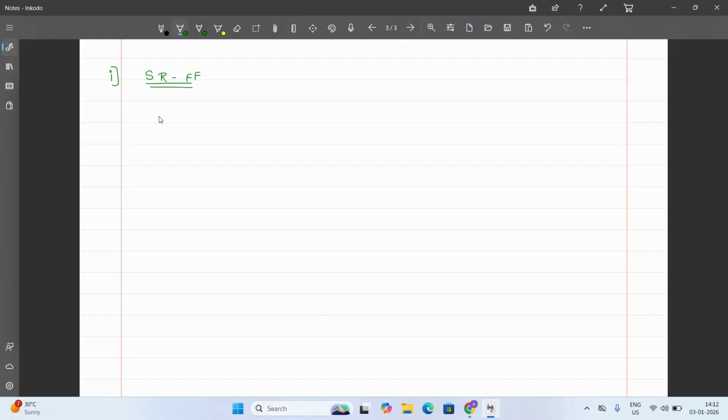So first we'll write the function table for this. Function table means I have S and R and the output Q and its complement Q bar. Since I have two inputs, I'll have four combinations. Okay. So for SR flip-flop, when the inputs are 0, 0, there's not going to be any change in the output. Okay, so NC stands for no change. Whatever was the previous output, the same value will be retained as it is when the inputs are